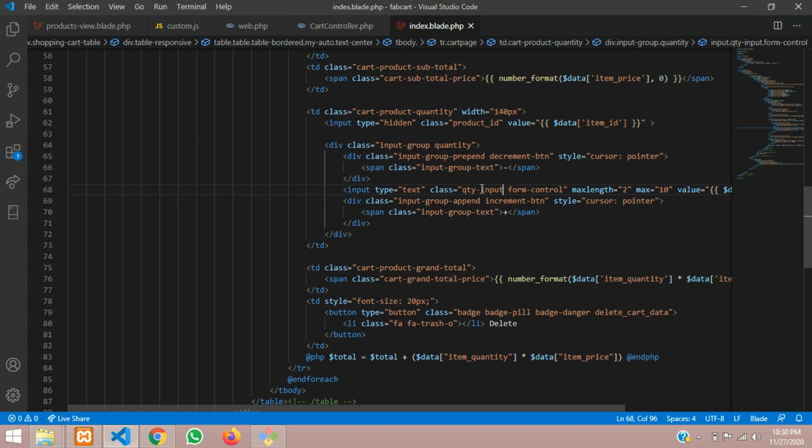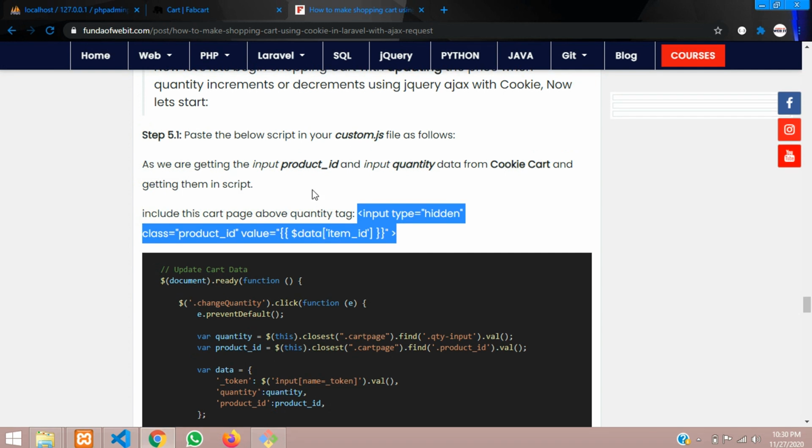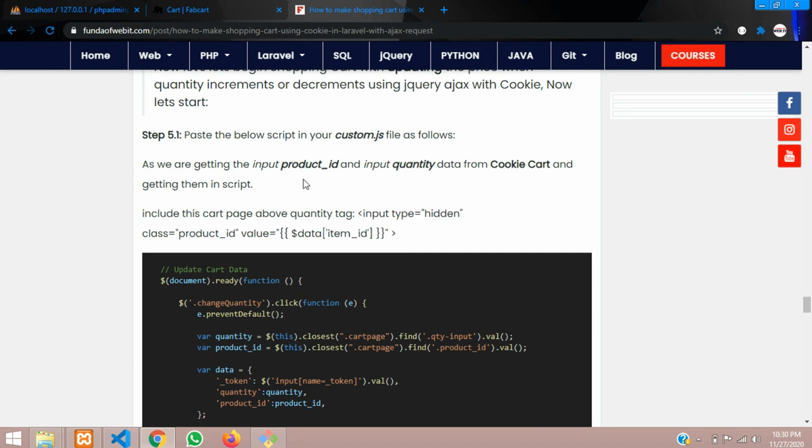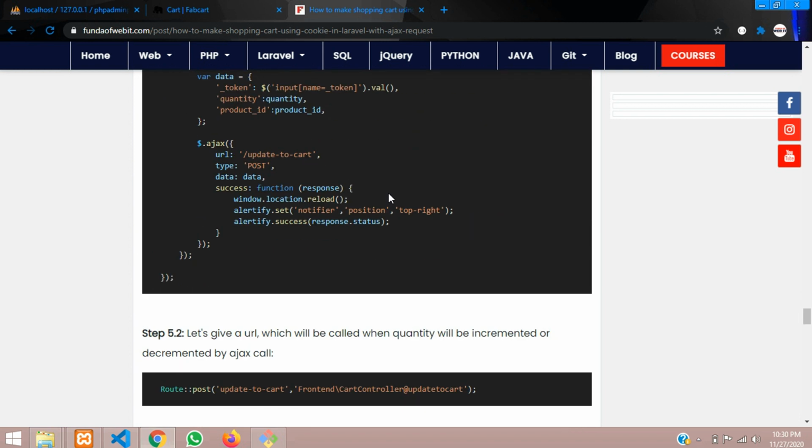Now when we click on the quantity input, we have to change the number. So we have to give a class on it, as I have mentioned in the blog itself. This will be the quantity, and on change we have to add it.